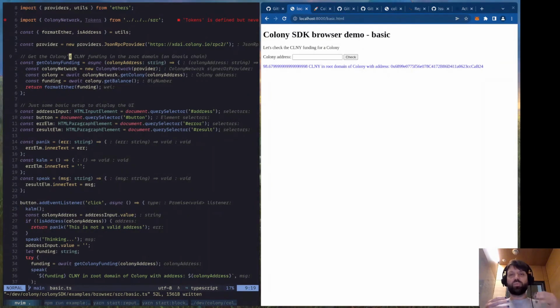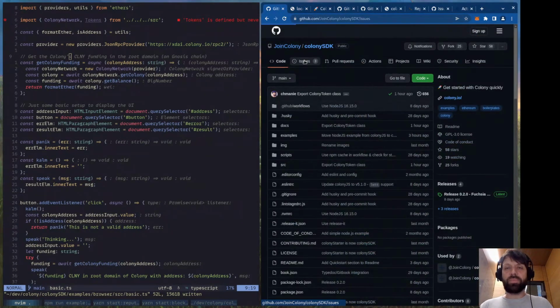Obviously, there's no central way of seeing which tokens are in a colony. You kind of have to look at transactions and all of this kind of stuff, but the contracts don't really tell us that. But we maintain token lists for colonies on IPFS,